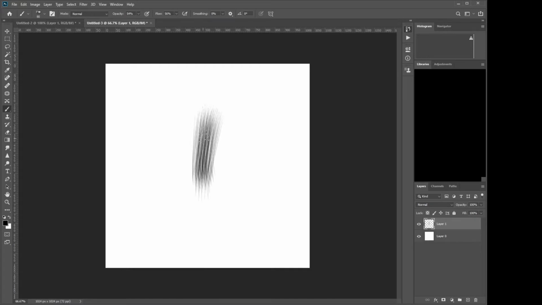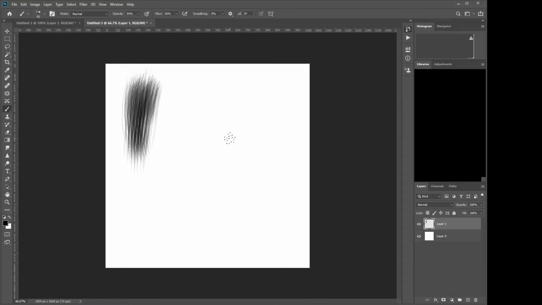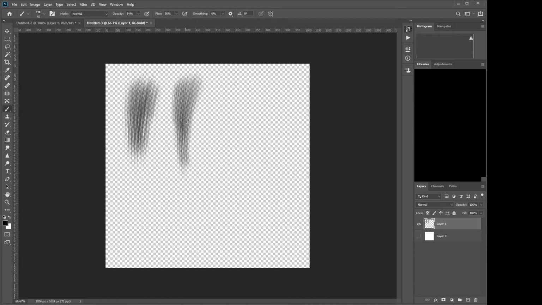I created a small file, I think it was actually a 1024 by 1024 square pixels, and I just got a scratchy brush with lots of different strands. It has about 10 different dots inside that brush, right? And I just started creating clumps of hair. So in my case, my character's hair is black. Notice that I am working on a layer above the background,